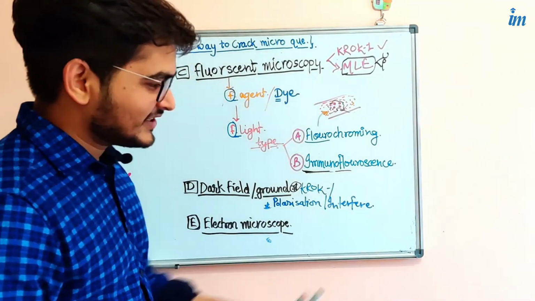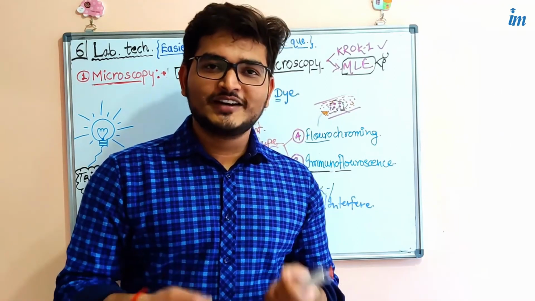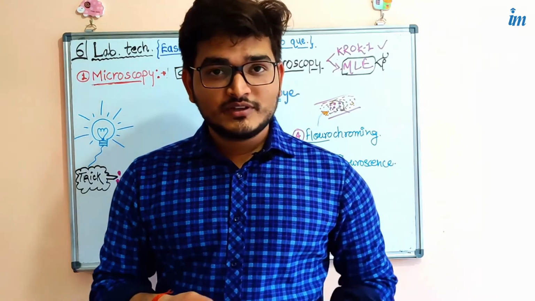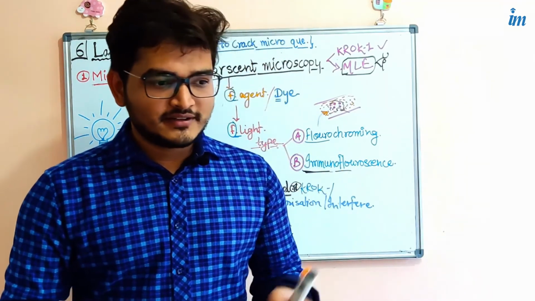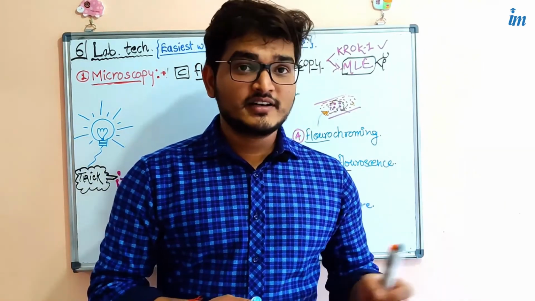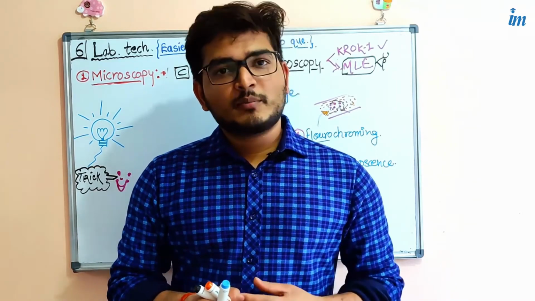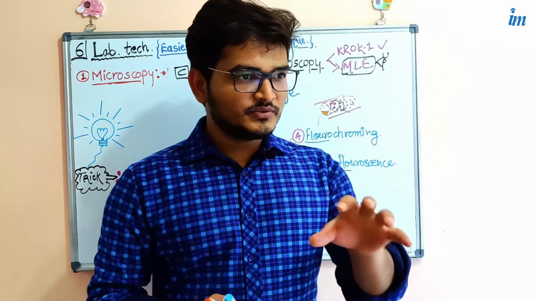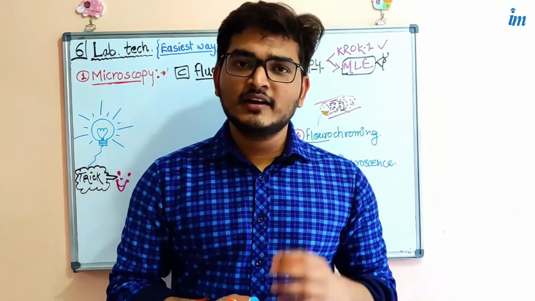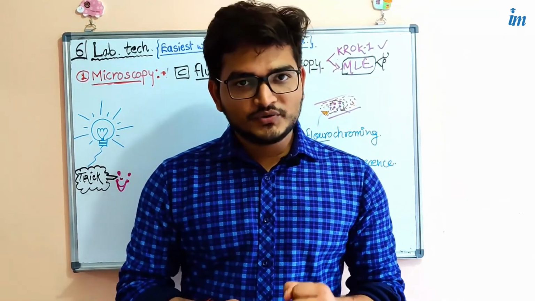And the electron microscopy itself says everything. Here you can see the detailed structure, but to be more precise, I want to tell you again that you are not going to use the electron microscope everywhere. Even if a diagnostician or lab technician wants to use the electron microscope, he or she should have the proper dye or staining method. The staining method and dyes are very important to understand what kind of microorganism it is. It is very easy to see that something is present, but what exactly is there is important to understand. Only then can you tell that this is that kind of organism, and that it is causing disease.